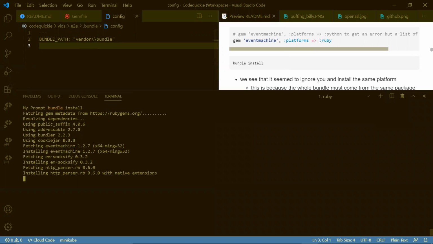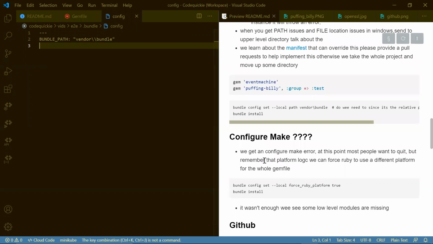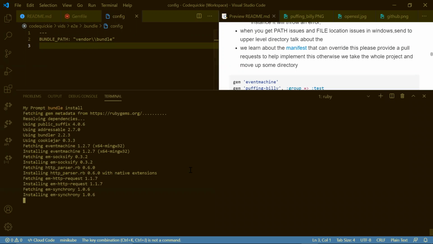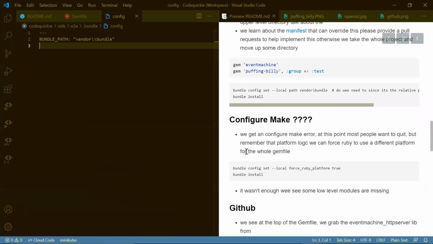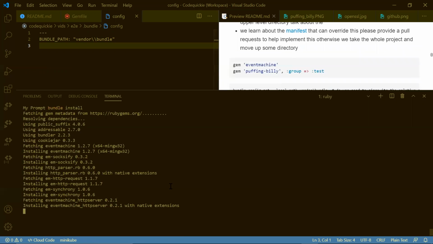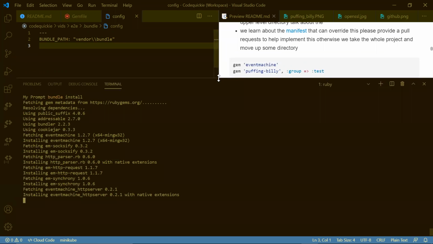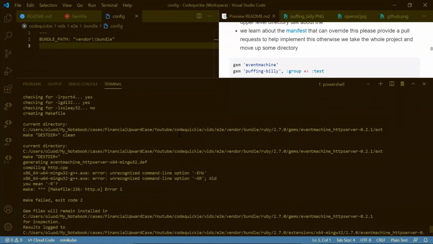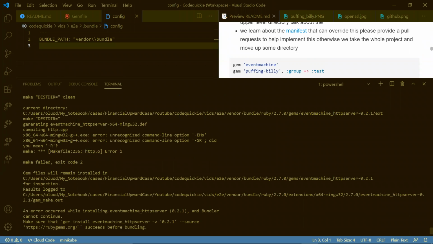And now we can see in the installation that we're getting a setup as intended. However, we're going to run into an issue with another one of the modules that depends on Event Machine, and I believe this is the target. So we're just going to let this install, and the error should be popping up shortly. So we can see that our error is in Event Machine HTTP server, with this